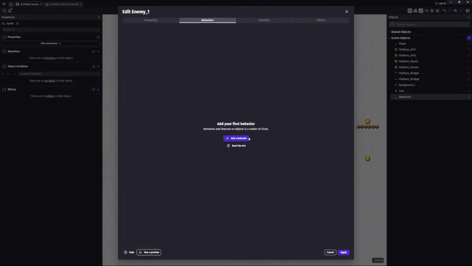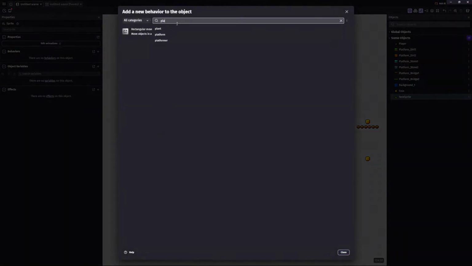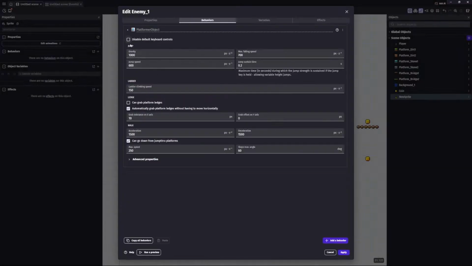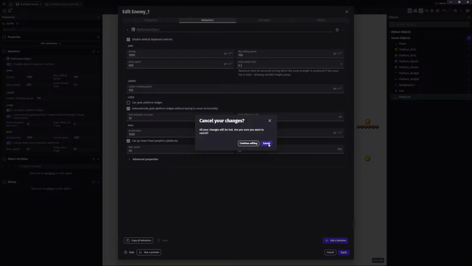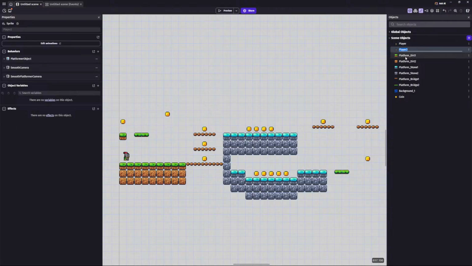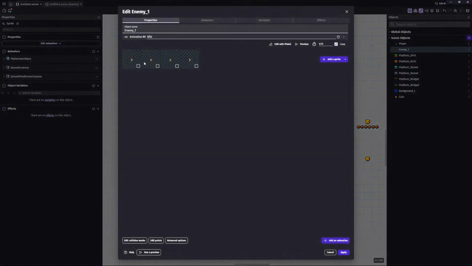We have to come to behavior and add platformer object like our player, but make sure to disable this default keyboard controls. You can also change max speed and this one once, but to make it easier, I forgot, we can just duplicate our player, name it enemy 1, and delete these ones,